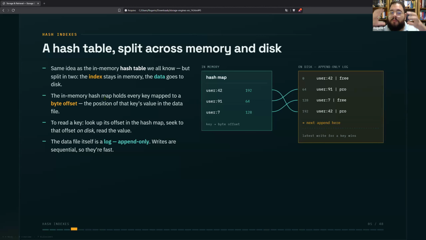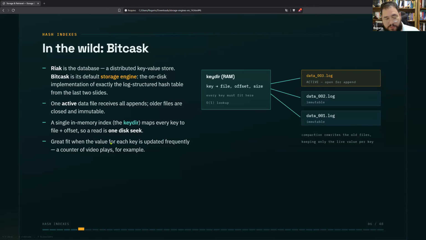So the in-memory hash map holds every key mapped to a byte offset. And here we are talking about logs, but logs here is different from your system logs. Log for us and for this presentation is something that you write after something. For example, the data file itself is a log.